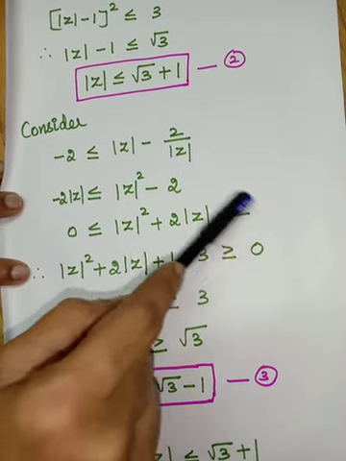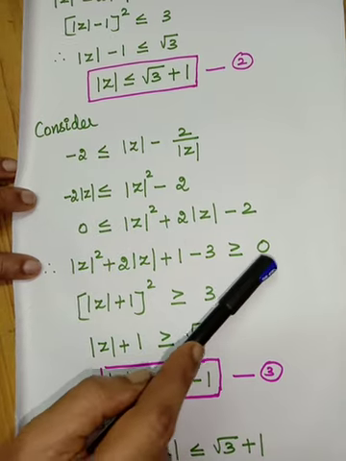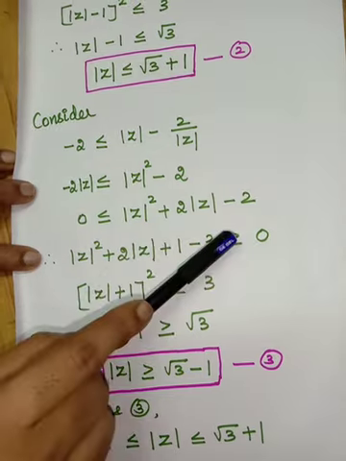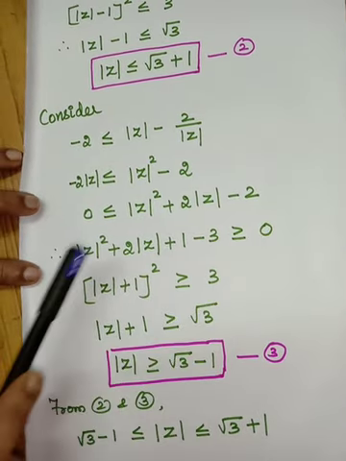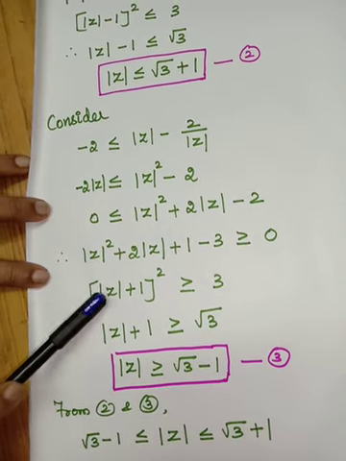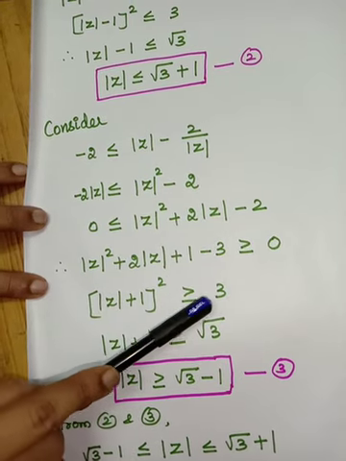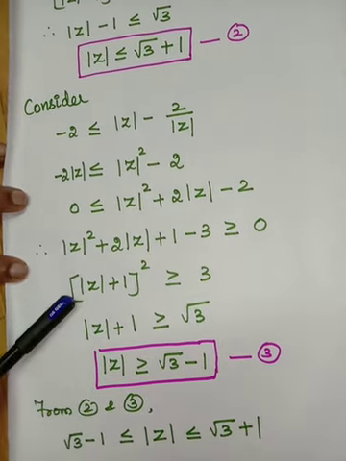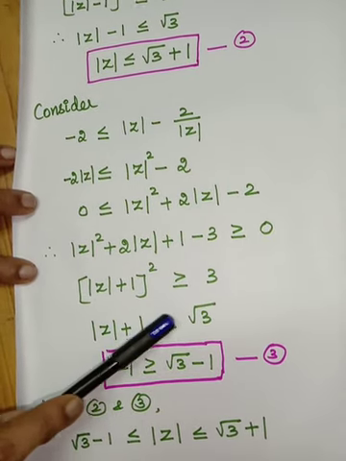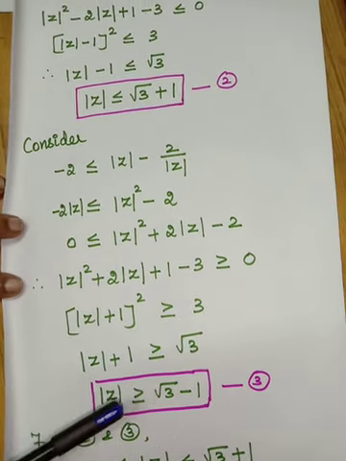This minus 2 again I have written as plus 1 minus 3, which is greater than or equal to 0. You see the symbol. This one is written first. So, which is greater than or equal to 0. Okay, consider the first three terms. Again it is in the form of a plus b the whole square. So, which is greater than or equal to minus 3. When you take it to the right side, it is plus 3. So, taking square root on both the sides, this term modulus of z plus 1 is greater than or equal to root 3. Just consider the second and the third one.